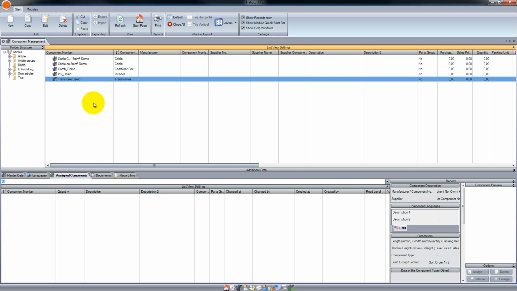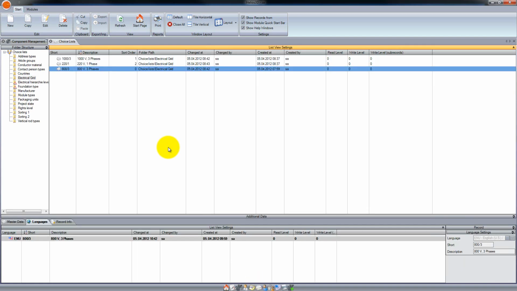There's just one element missing, that's the grid, but because a grid is an abstract component and not a physical device, it has to be created in the choice list module. So we open the choice list module here, and we go to the point electrical grid, and we right click here and say new,